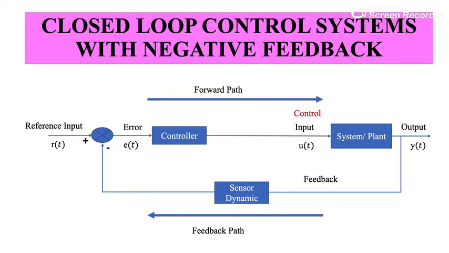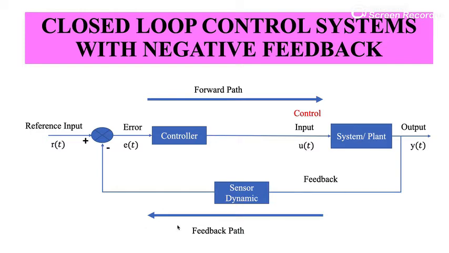Suppose we want to control the temperature of air in a room. If I use a temperature sensor to measure the temperature of air in the room, that sensor may have its own response characteristics. In other words, if you use the sensor to measure the temperature at this instant of time, it may not show the temperature value instantaneously. The correct value of this instant of time may show after a certain response time, which needs to be characterized by what is called sensor dynamics.